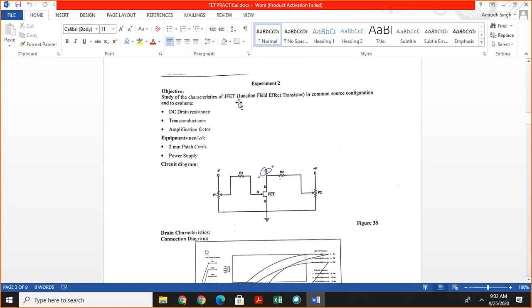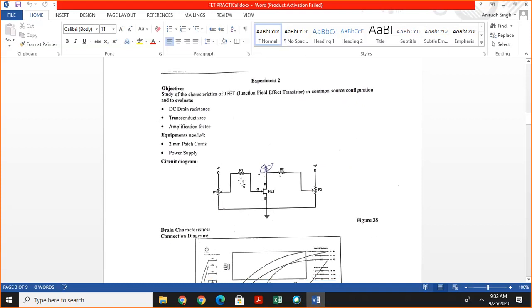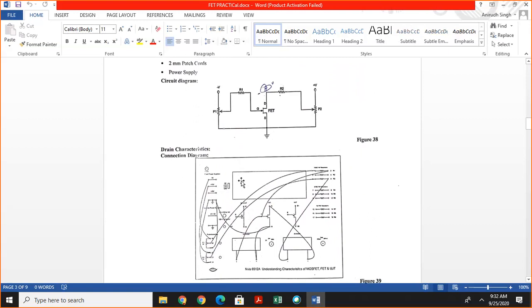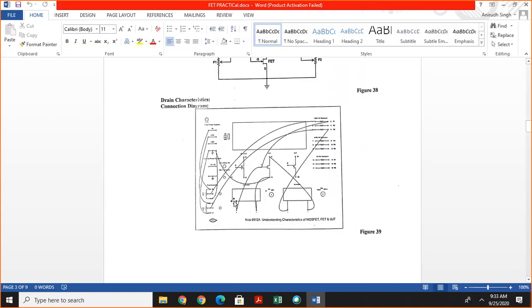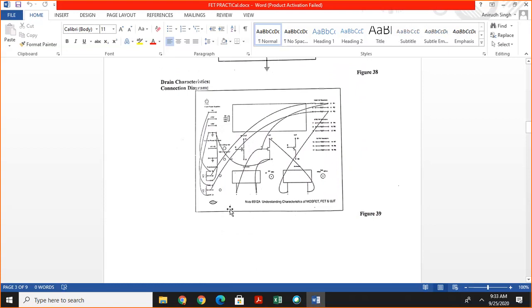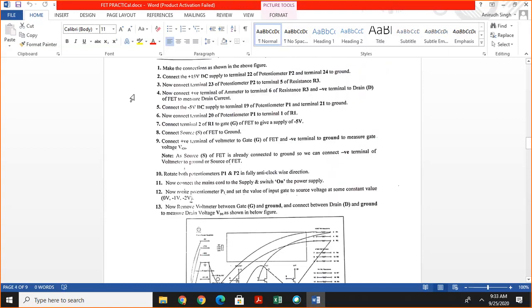The object is to study the characteristic of junction field effect transistor in common source configuration. Source is at ground, common source configuration, and then draw the characteristic between ID and VDS at constant VGS, gate to source voltage. These are the circuit connections, and the circuit connection is made by the following steps.